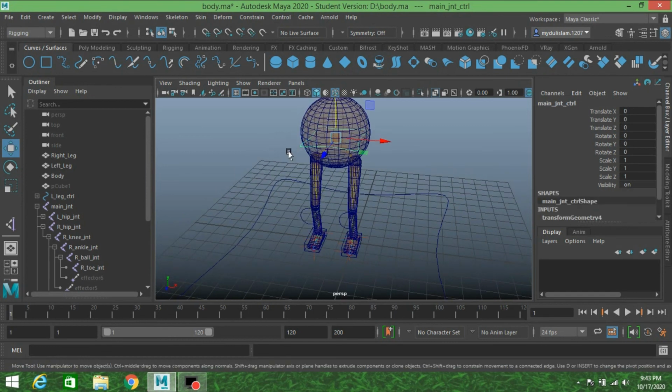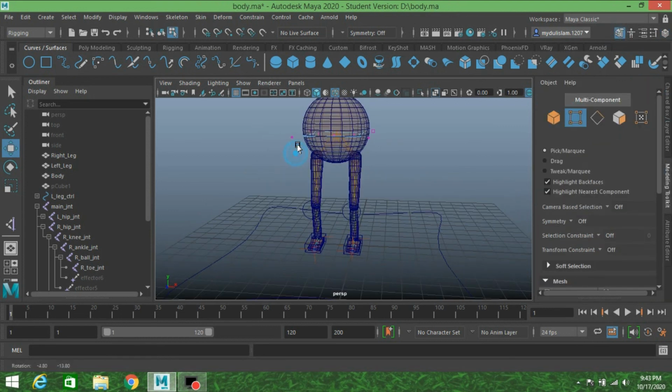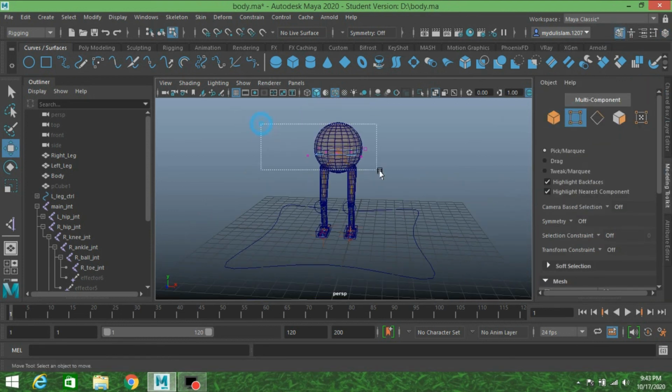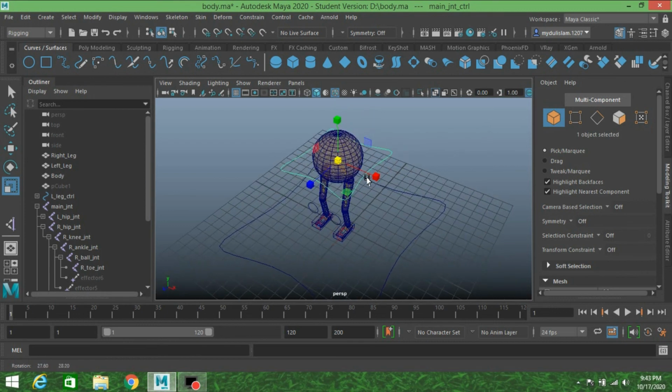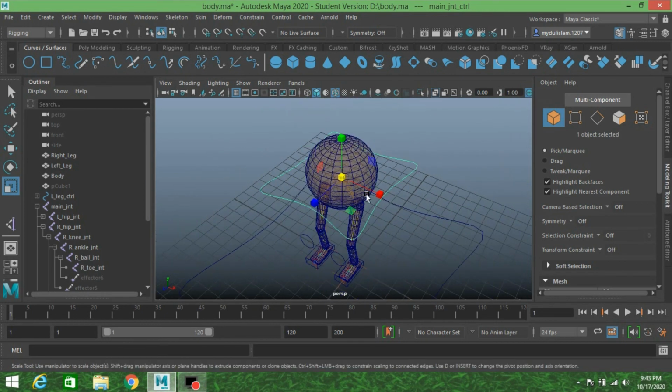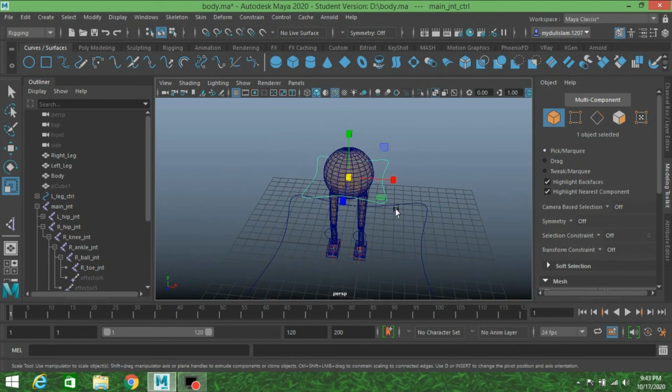Select the main controller, go to vertex mode, select all the vertices and scale. In object mode, you should scale it with vertex selection, otherwise the pivot point will change.